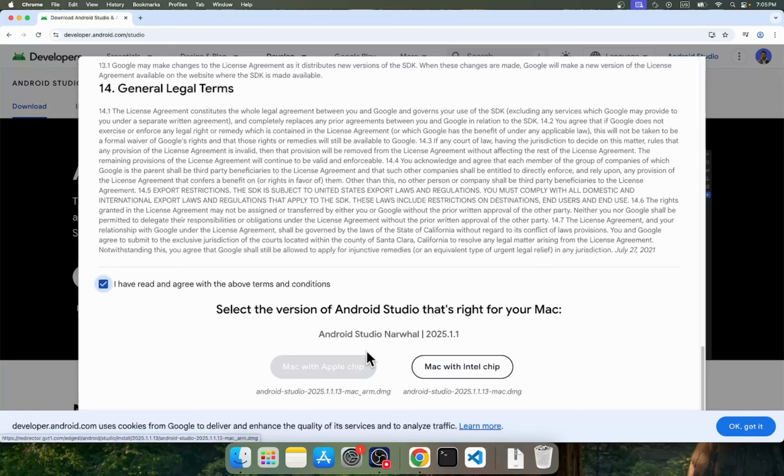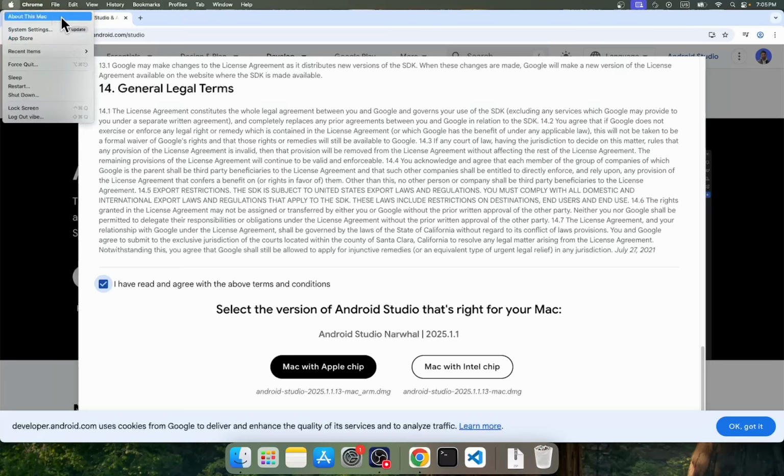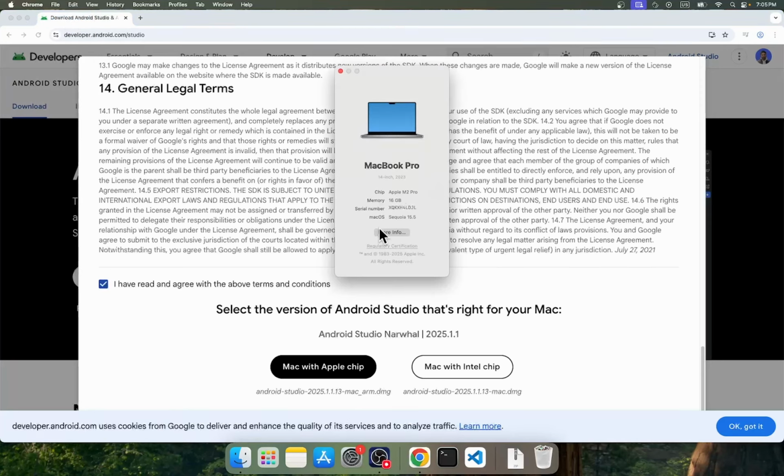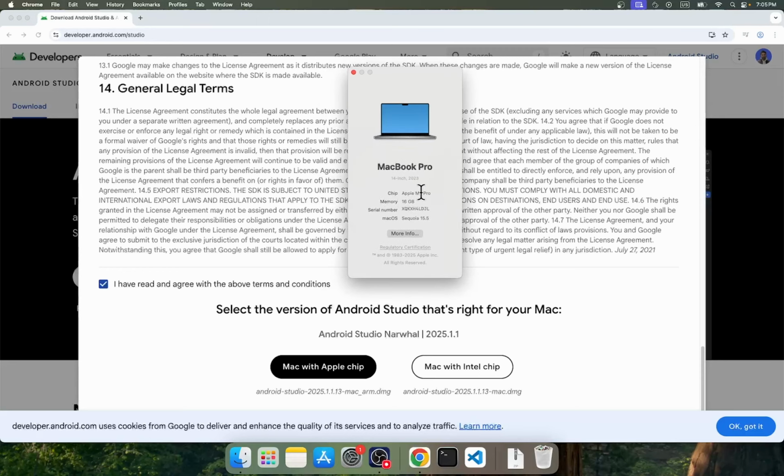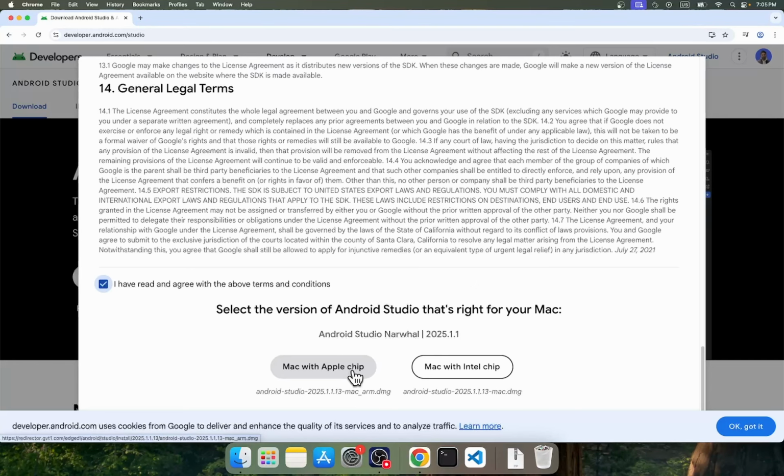And now you have to check if you have a Mac with Apple chip or a Mac with Intel chip. Very easy to do. Top left, you will see Apple menu. Click on it and open About This Mac. Now, this will open up a small menu right here, and what you will see is the chip. If it says the chip is Apple M2 Pro, like the one that I have, you have an Apple chip. If it says an Intel something, then you have an Intel chip. In my case, it's Apple, so I am going to download Apple chip